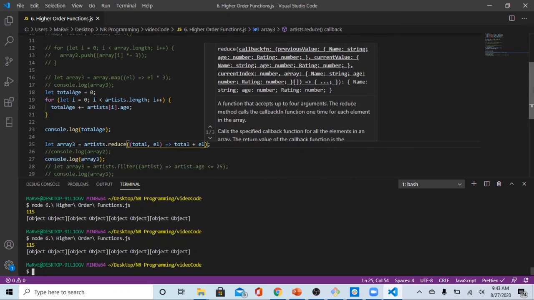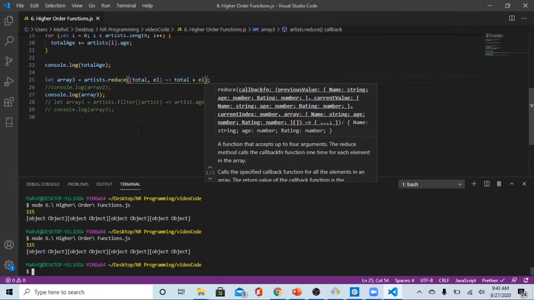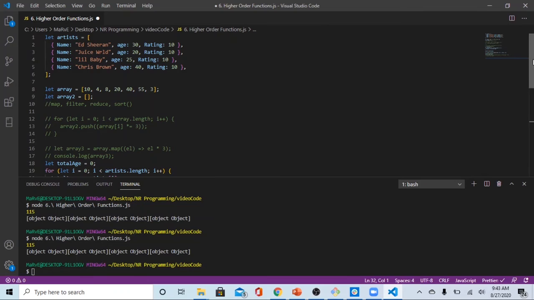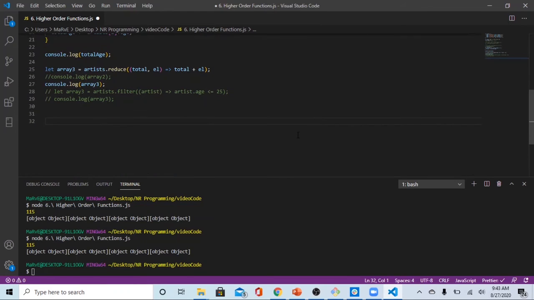Last thing we're going to take a look at is the dot sort method. The dot sort method does exactly what it says. It just sorts whatever elements we have in the data structure we pass into it, based on how we ask it to. As a default, for example, let's take our array of artists. If we do something like let sorted is equal to artists dot sort,